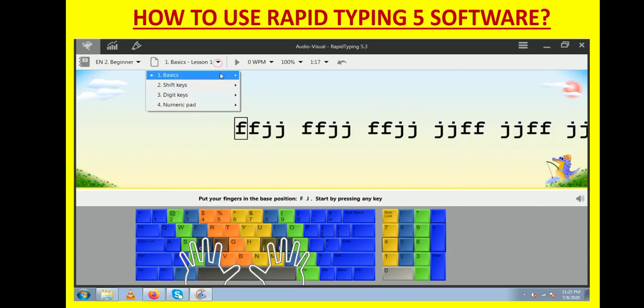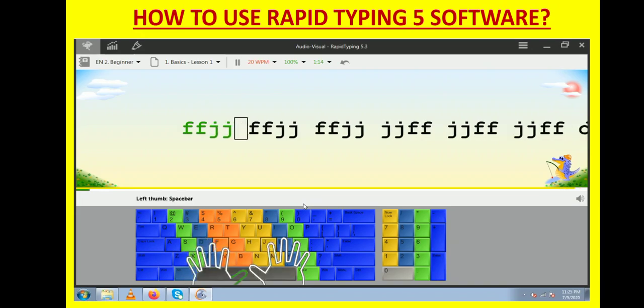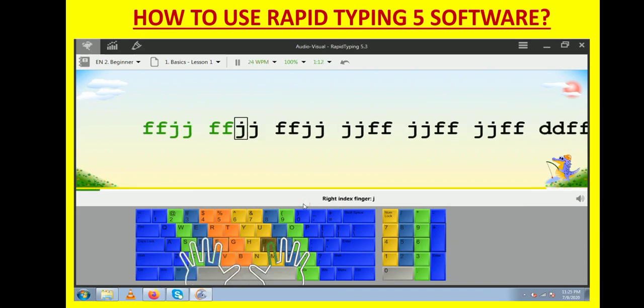Then you have other lessons like beginner. Again, in the beginner category, you have basic lesson 1. All the instructions will be provided in the middle of the window. Follow the instructions and go through your lesson.